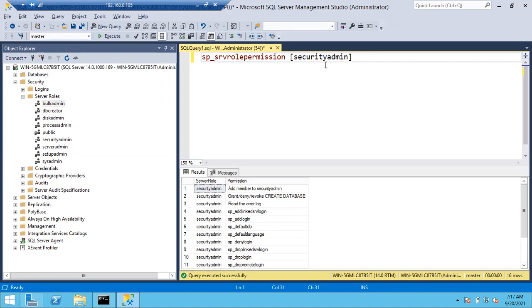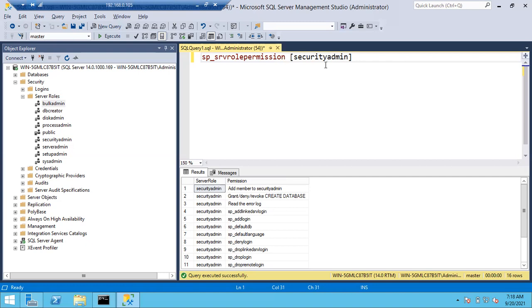Right, what is the answer, guys? I have a lot of questions for you. Can a process admin kill sysadmin session or not? That is one question. Can a security admin, what is meant by security admin? What kind of permissions will he have? What can a member of security admin do? Create the login. Very good. Create the user.